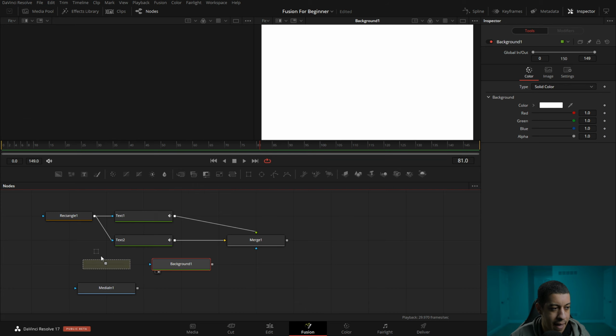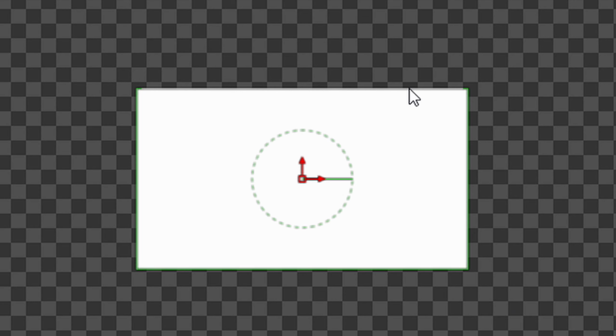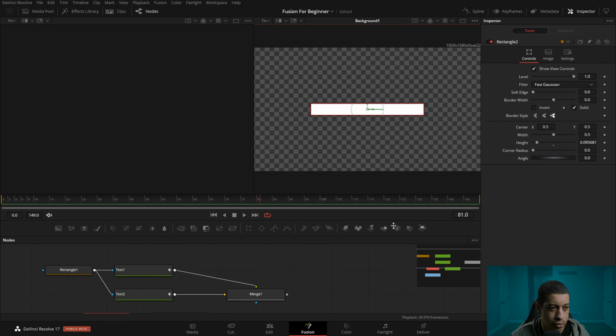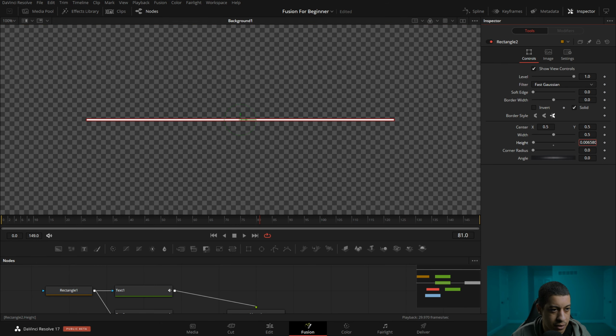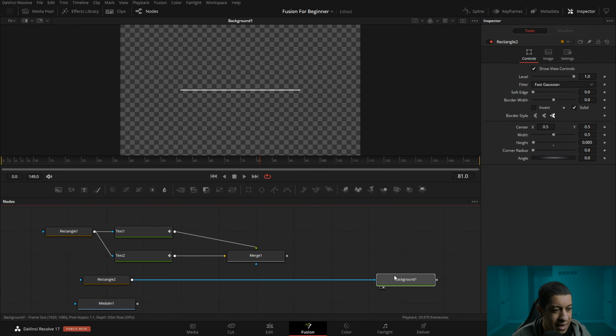And then I'm going to grab a mask because I want this to just be a really little line, right? So grabbing the mask here, these controls you can actually grab in the viewer and you can move them around. I'm going to pull this down a little bit and just go to one view. And we're going to drag this down a little bit. And I'm going to actually switch this to 100% so I can actually see the thickness that this would turn into. And I think I'm going to do that right there. All right, so if I come back to fit, now we have our little line,